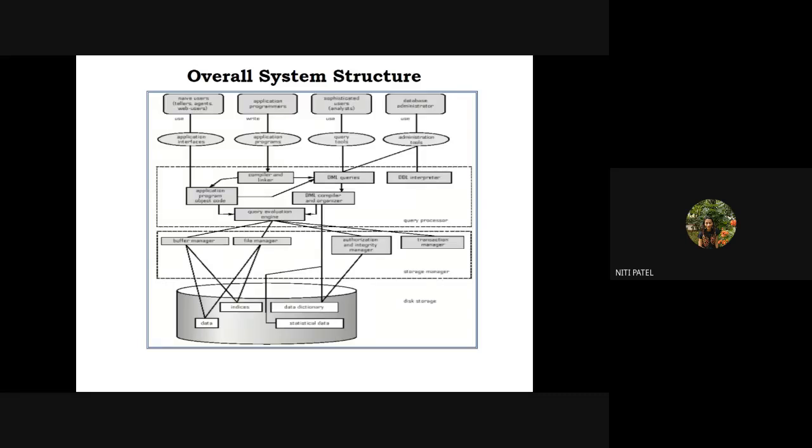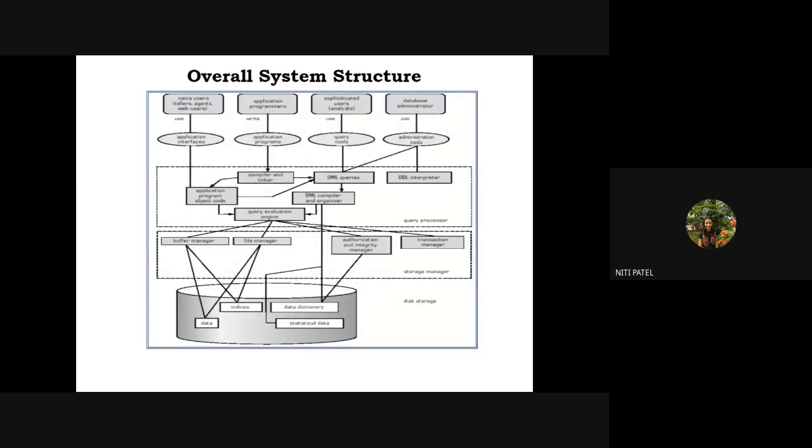First one was the relational data model, where the data was represented in the form of tables having rows and columns. Then next was the entity relationship model, that is the ER model, where the data was represented in the form of a diagram, where we had some entities and every entity had a relationship with another entity. Then we also saw the network model, which was in the form of a hierarchy. Every entity was connected to some other entity in some way, but there was no relationship between them.